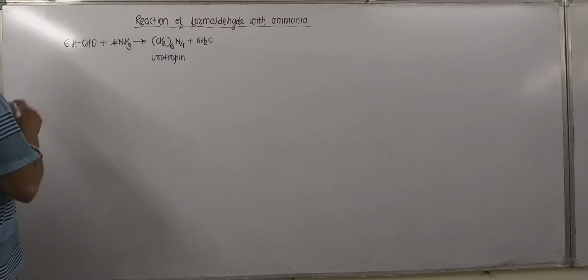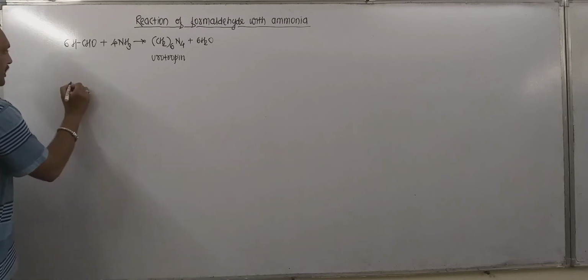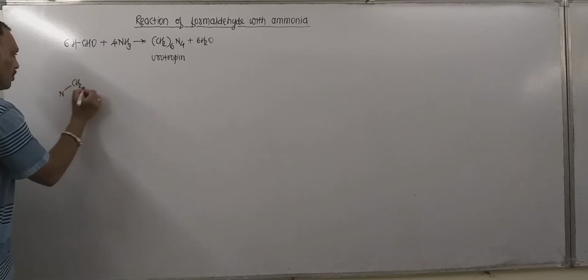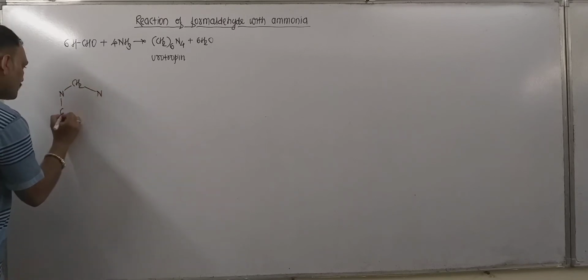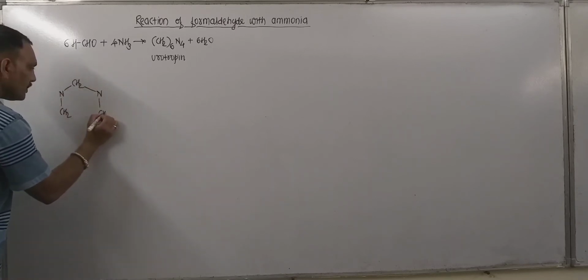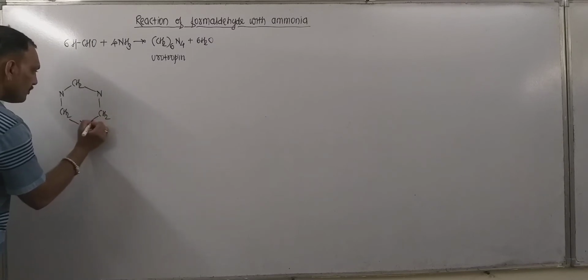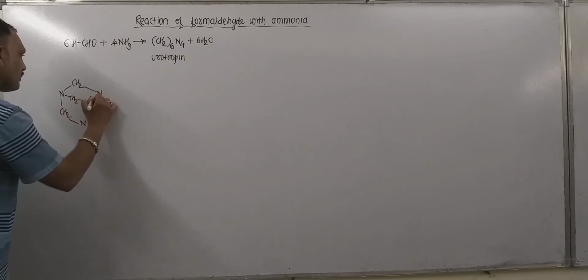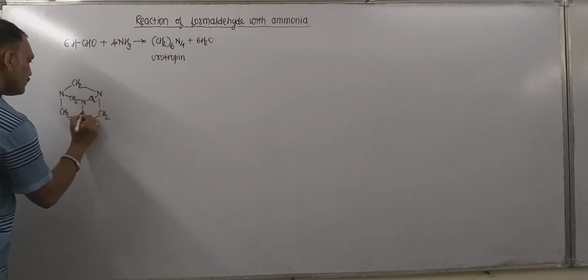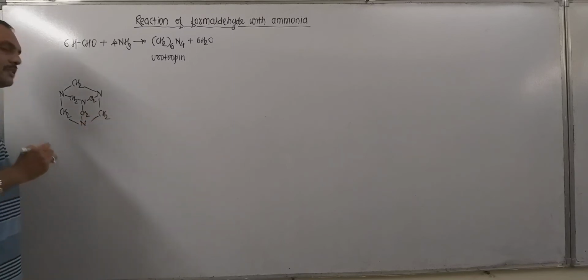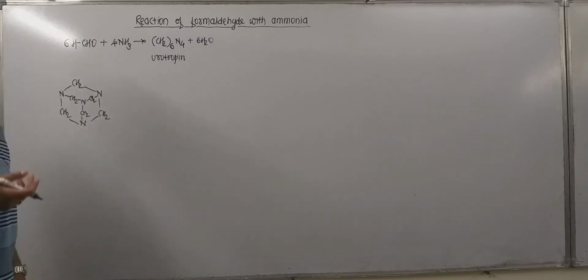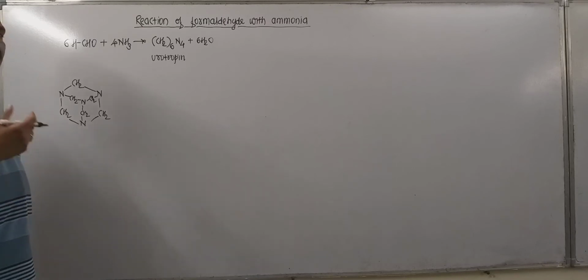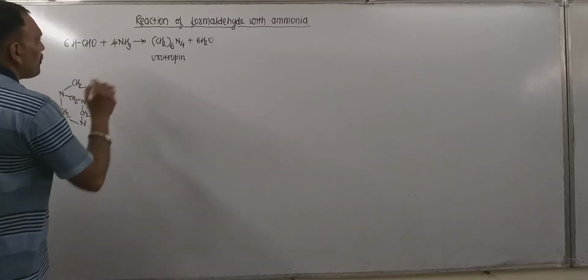Now urotropin has a cage-like structure which can be given as, so this is the structure of urotropin, which can be drawn in this way. So urotropin can be drawn as, so remember, there is no carbon-carbon bond in the case of urotropin. Now urotropin is